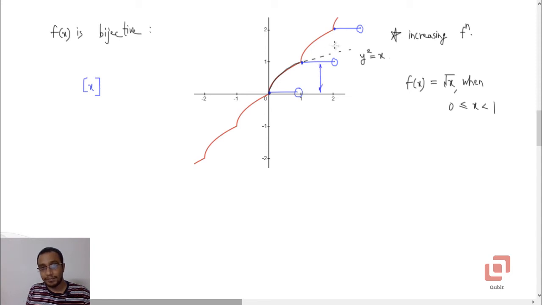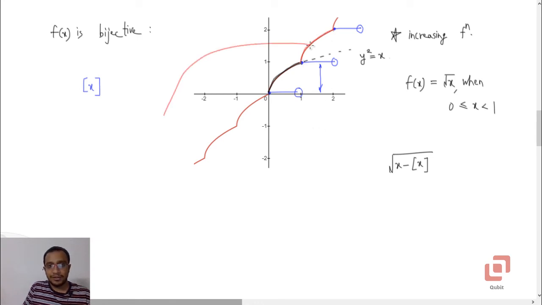Which graph? The blue graph. But observe that for our function we are adding this particular portion of the graph, isn't it? Because root of x minus box x is going to represent the square root function of the fractional part, and that fractional part's graph is this one. So to every horizontal segment we need to add this particular portion. So this becomes a shifted parabola, and the equation of this is already known to us. It is 1 plus root of x minus 1.